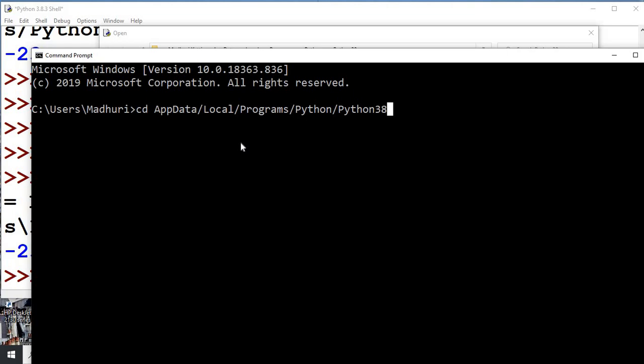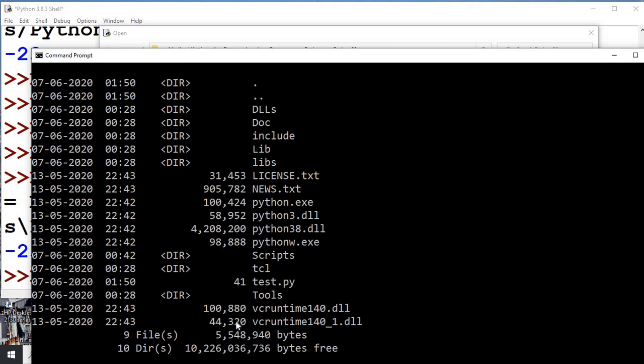If you enter, it will go there directly. Okay, and you see dir, directory, what is there inside? Lots of directories and things are there.